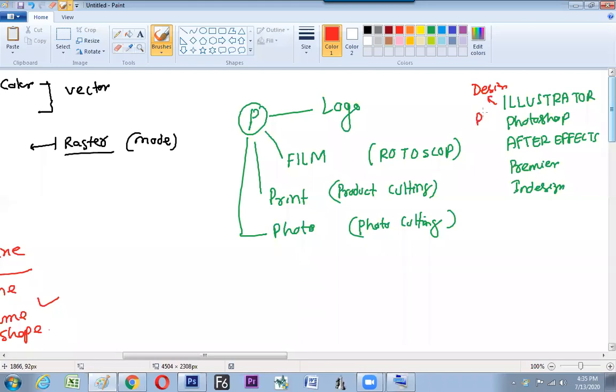This is the photo editing industry. This is the motion graphics industry. This is the video editing industry. This is the layout industry. What I mean to say is that if we are okay with one tool, then this many software we can handle easily, because the same pen tool is here.